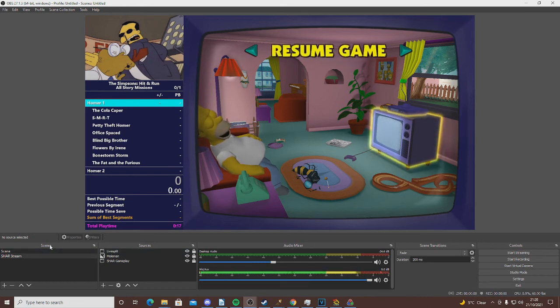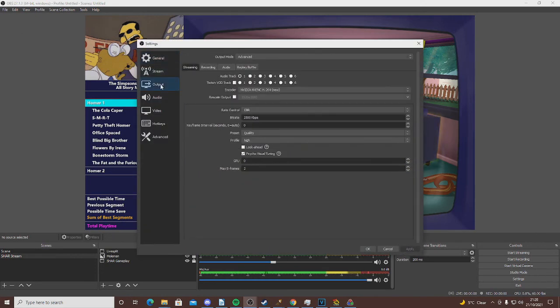Finally, we will go over brief recording and stream settings. I am not a professional when it comes to this sort of stuff, so I'm only giving you a brief view of the settings here. You can find many tutorials online which show various different OBS settings, as everyone's PC is different. To sort out the settings, go to File, Settings, and then Output. Change the output mode to Advanced, and then we're left with this screen here.